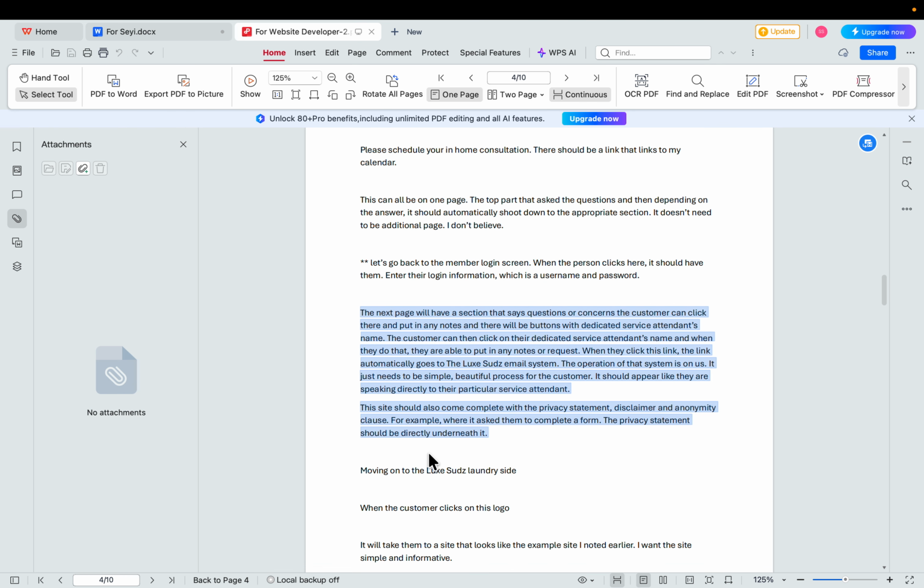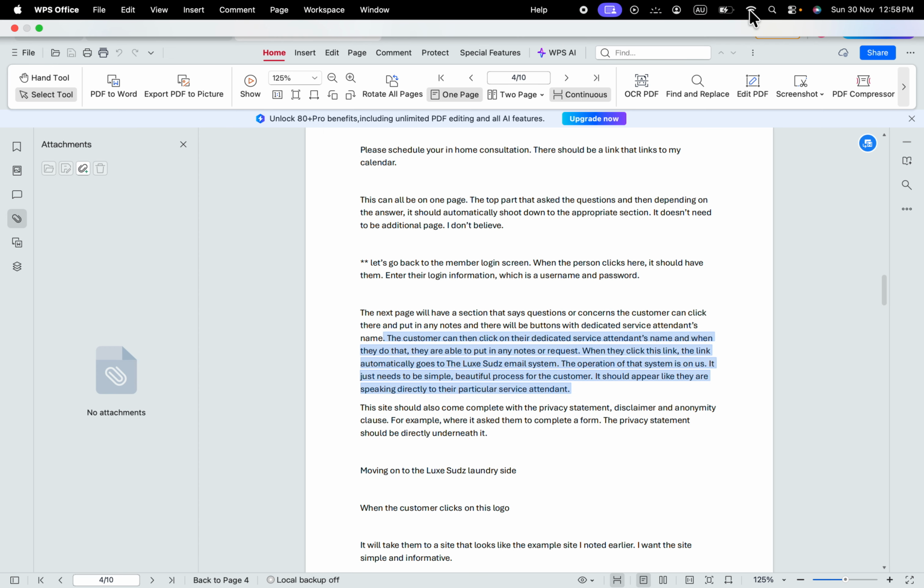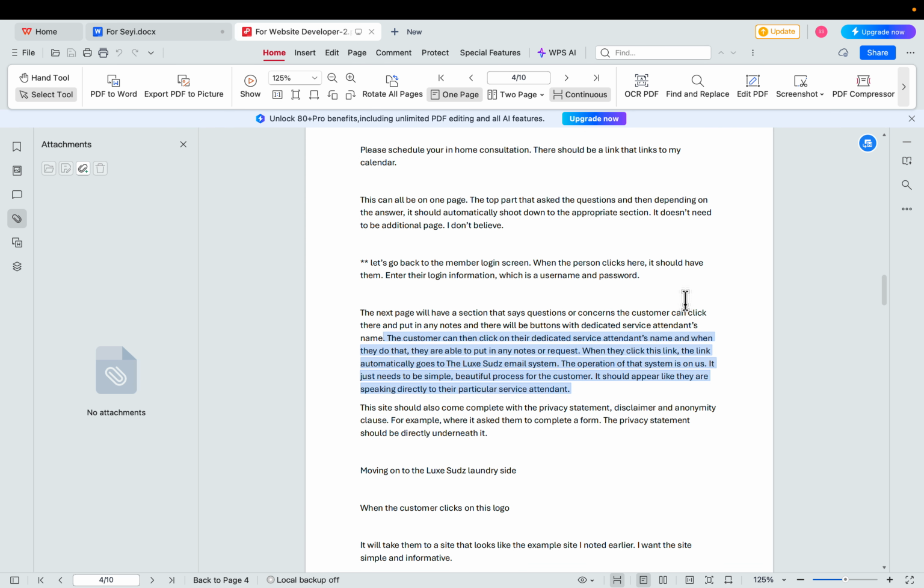Now, I want you to understand what I want the customer's experience to be. I want it to seem as though they are getting personalized service. So when they click on their attendant's name, something comes up, and I don't want it to look generic, like just some simple form, but a page that looks nice where we can say, "How can we serve you better?" or "How may we help?" and then the customer can type in what they need.